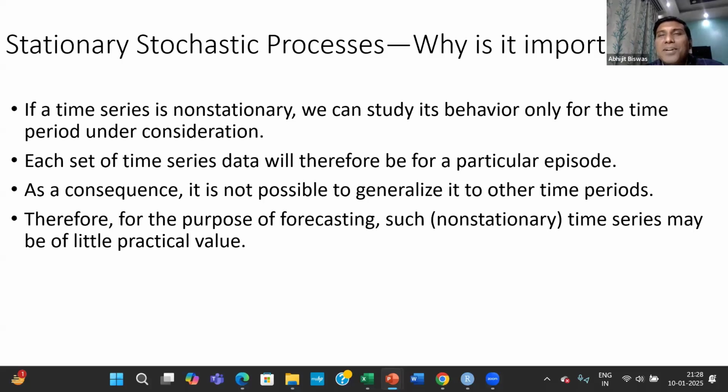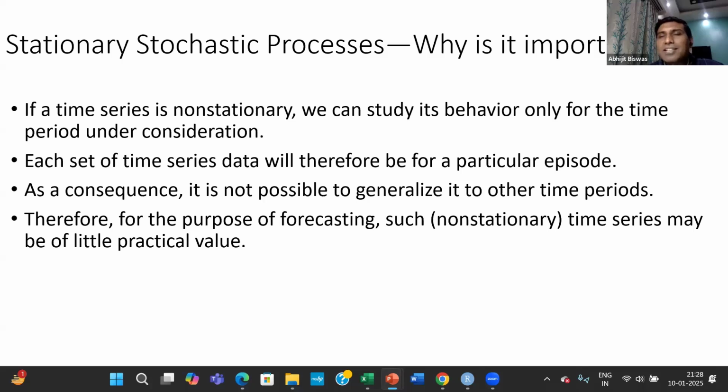Why is my behavior very, very unpredictable? Because I do not behave in a similar manner to similar stimuli. So when someone comes 3 minutes late next class, that person is not sure whether they will be allowed inside or not, because that will depend upon my mood. My behavior is not stable in terms of whether a student should be allowed inside or thrown outside. So what I'm trying to make you understand is, if a time series does not behave stably,